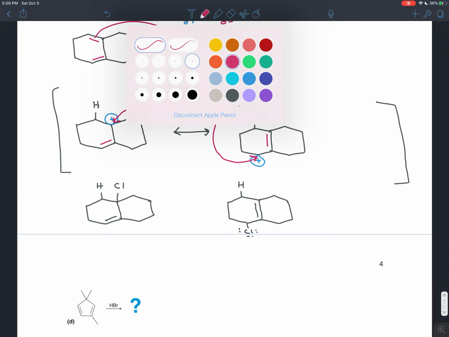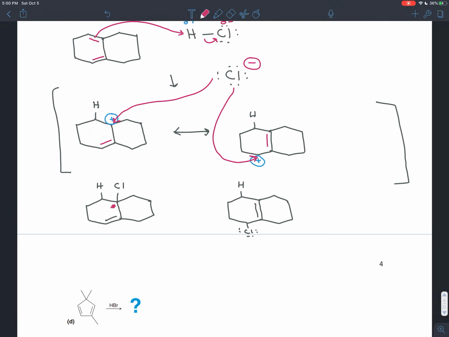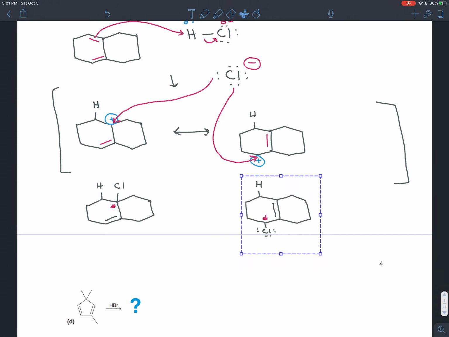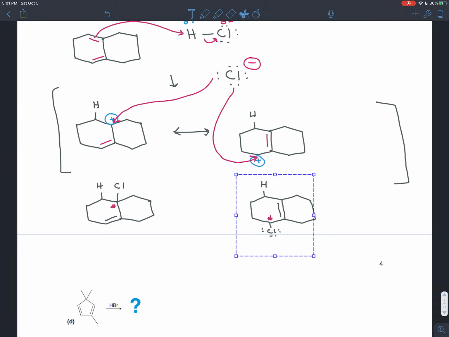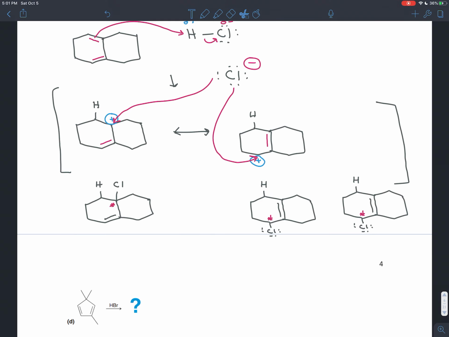That product there. And if you notice, the places where the chlorine added are chiral centers. They are surrounded by 4 different things on each side. And so each of those actually duplicate into 2 more structures. That chiral center could either be right-handed or left-handed. There's no preference because